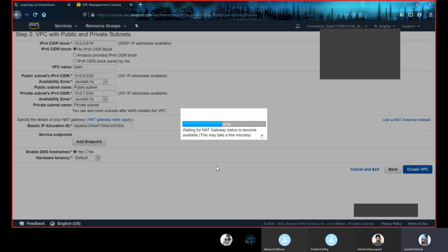So here we are creating a VPC which contains a public subnet and a private subnet. We use this kind of VPC when we require a public subnet for front-facing internet resources and a private subnet for backend resources. And there are three other types. We discussed what those are and when to use them. I told everyone to create a VPC and assign it to an EC2 instance. Did everyone do that? Yeah. Okay.